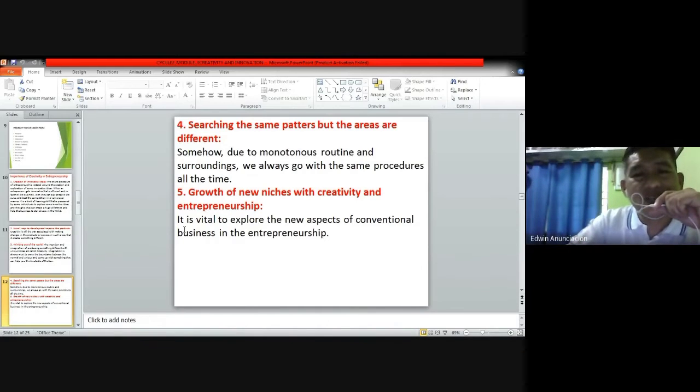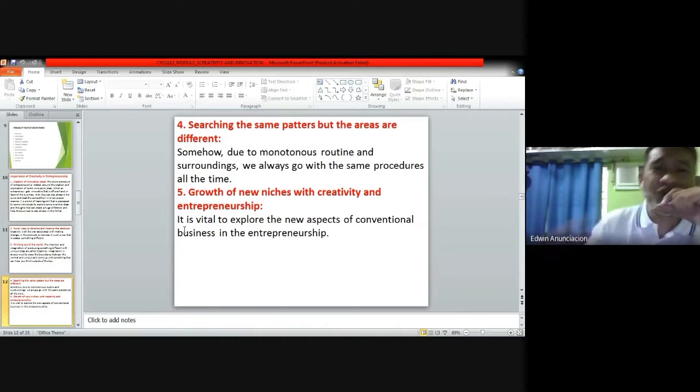Okay? So, dyan papasok ngayon si creativity. At least kahit paano ma-improve niya para ma-distinct siya sa existing. And then, growth of new niches with creativity and entrepreneurship. It is vital to explore the new aspect of conventional business in entrepreneurship. Okay? So, kailangan po talaga is,